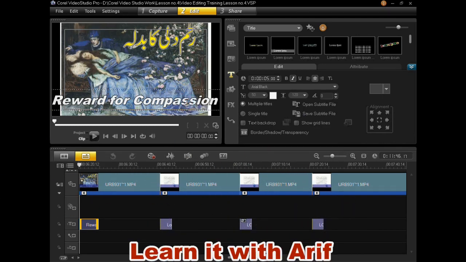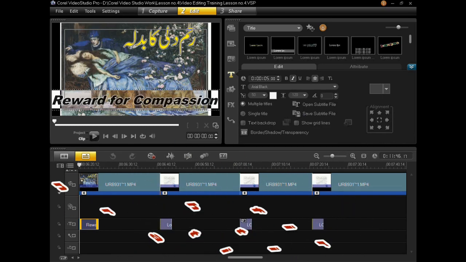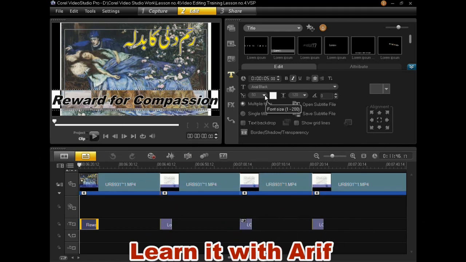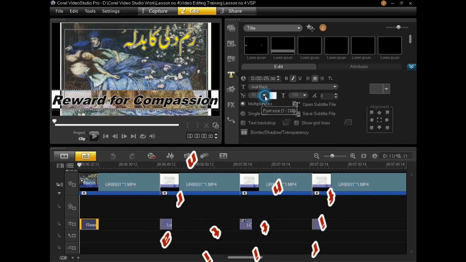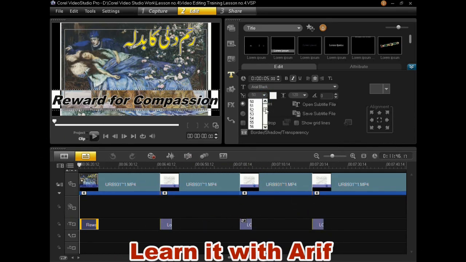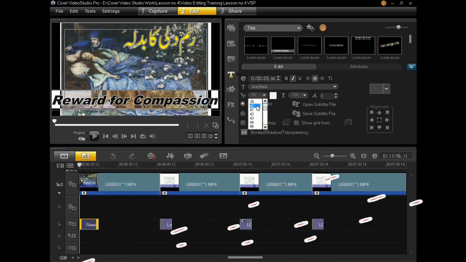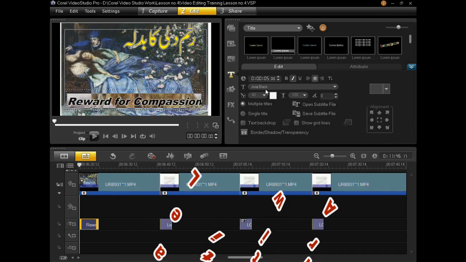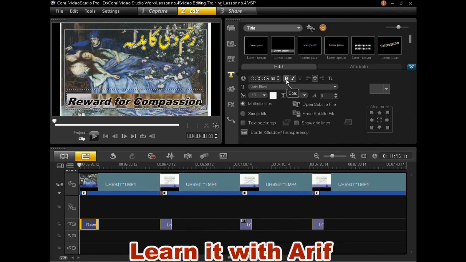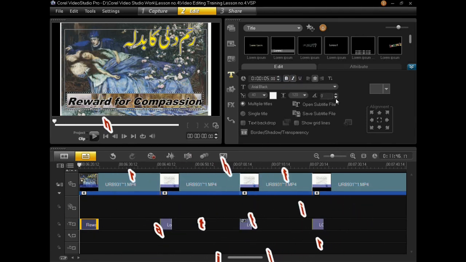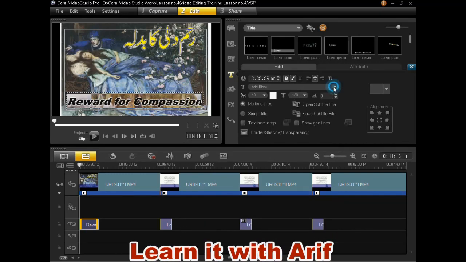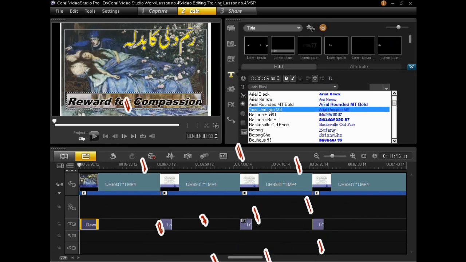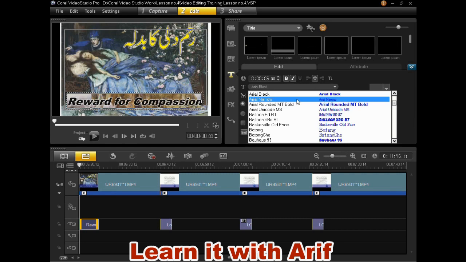Again, double click the title and select all the text to resize. This is font size. I am choosing 40 point. We also can bold the text, italic, underline, and change the font style from here.